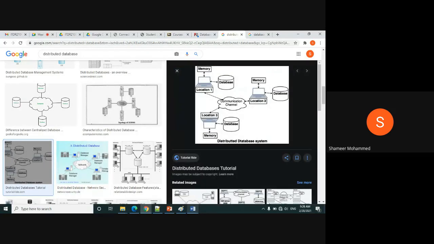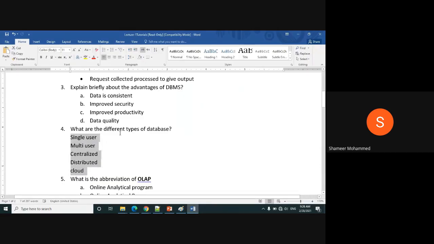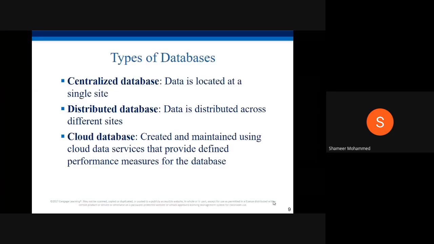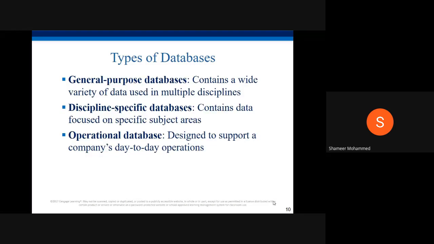Okay, the question is like this. What are the different types of databases? Now, some other types of databases are general purpose, meaning the database is used for some normal things.